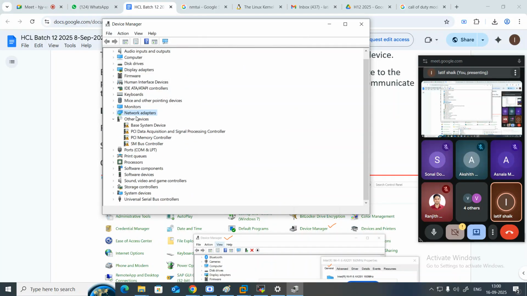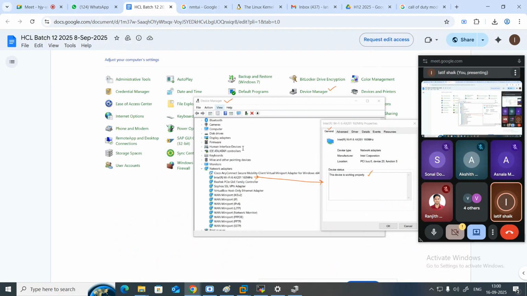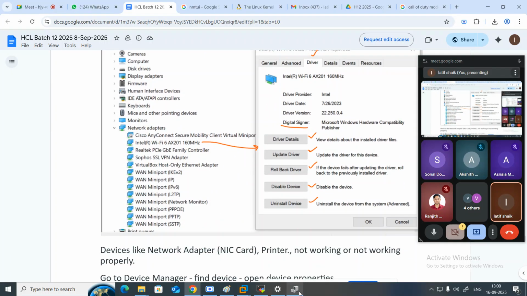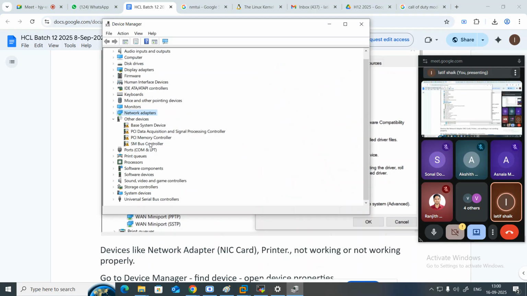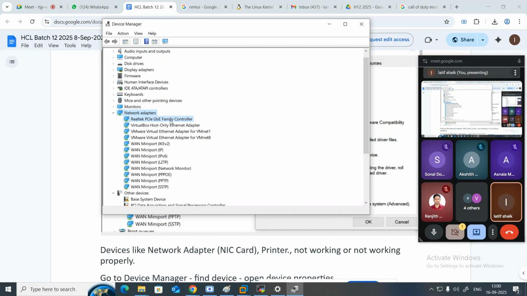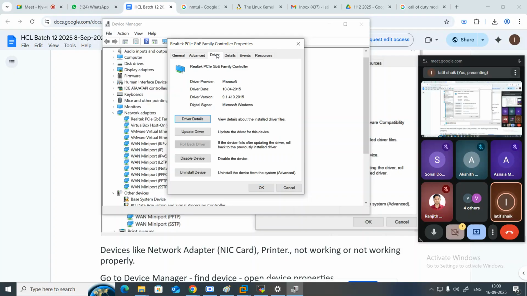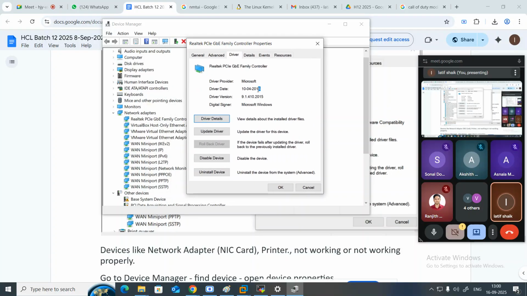You can manage these device drivers from the device manager. What is meant by managing? For example, you want to update these drivers. You want to check all the drivers, so go to the Driver tab. You see the driver is dated 2015. Now you want to update the drivers. So then